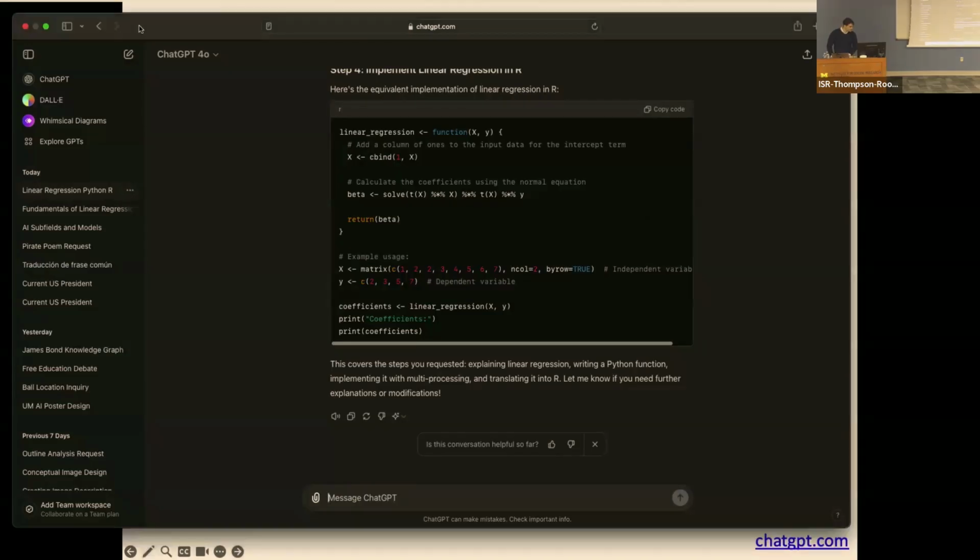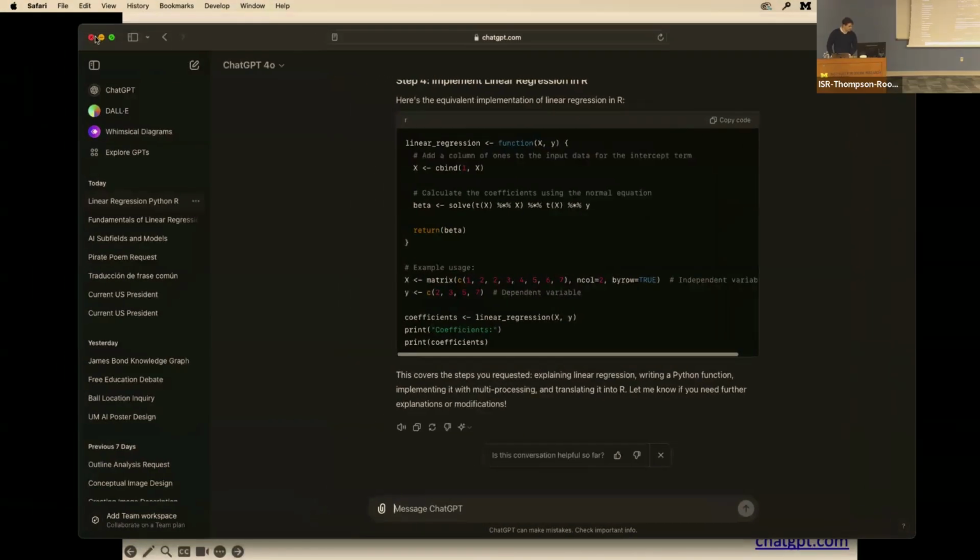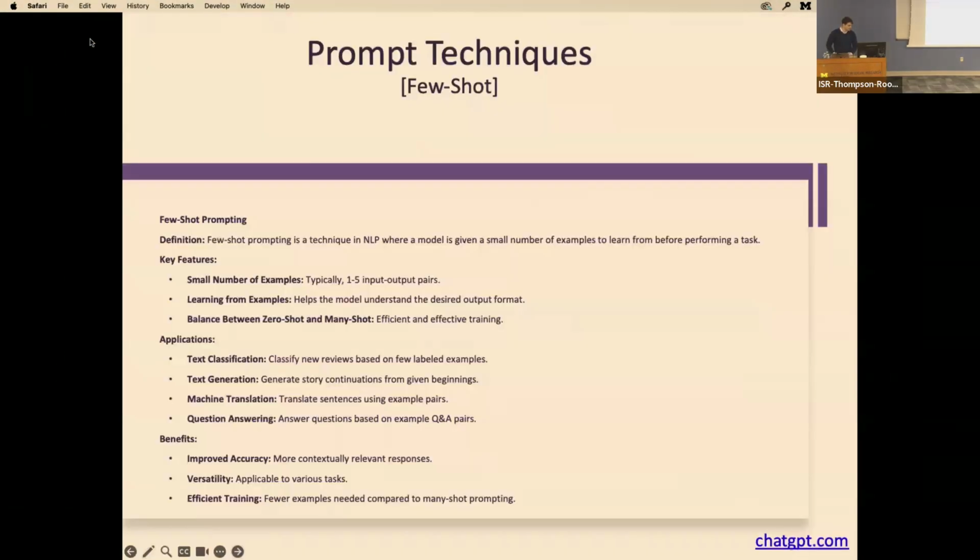So that's pretty cool, but the next technique that we have is few shot. So what is few shot? What if we don't necessarily know the process, or we want the model to be able to, almost like machine learning, learn from data being fed in and learn a pattern? So how do we do this? We do this by providing usually anywhere from 2 to 5 examples. And we'll go ahead and do that right now.